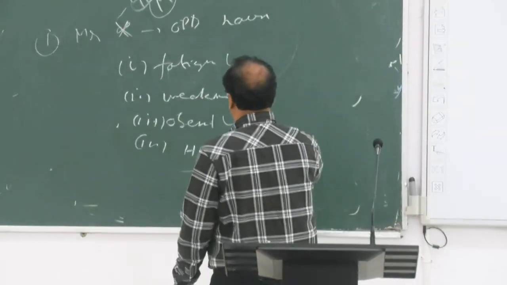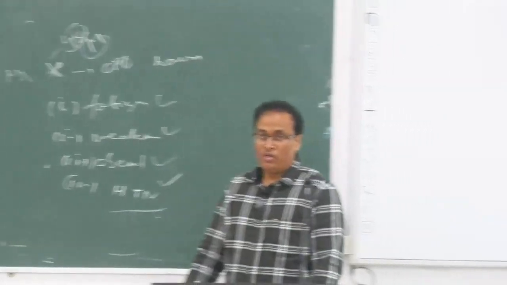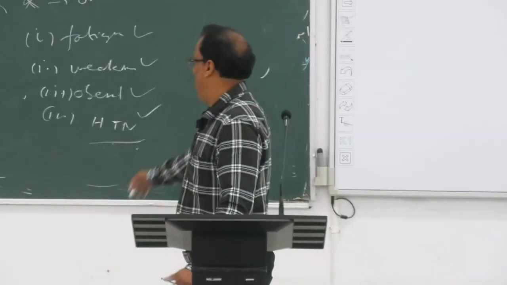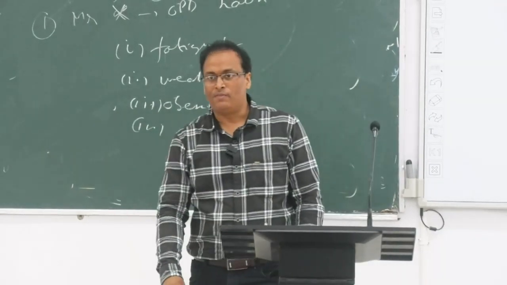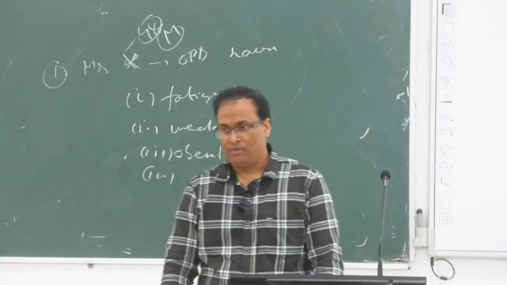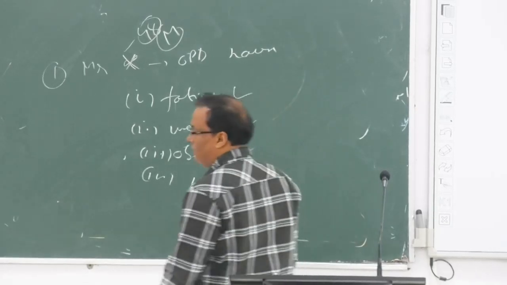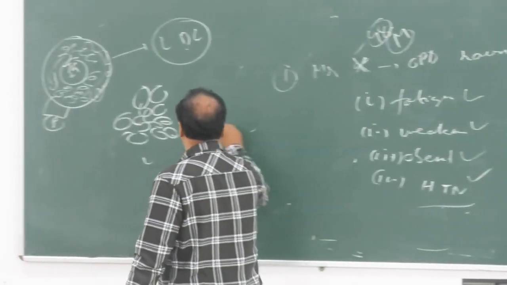Hypertension is there, obesity is there. This is much more relevant, and fatigue and weakness. That means we have to rule out whether diabetes mellitus has already developed or not, right? So what will I do? Fasting sugar I will do, fasting sugar.